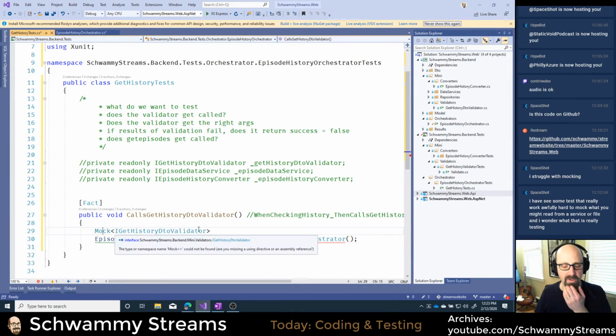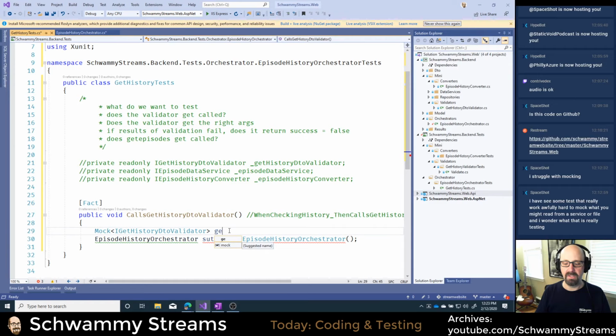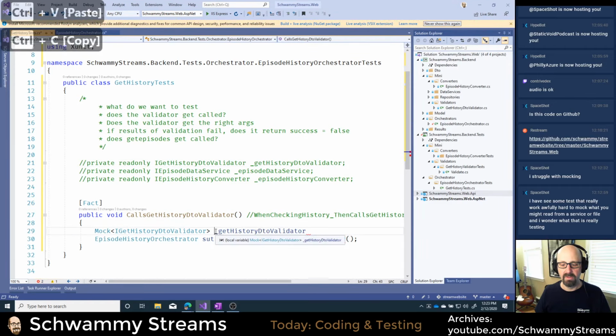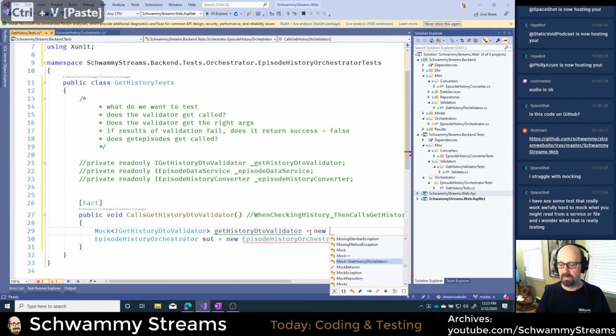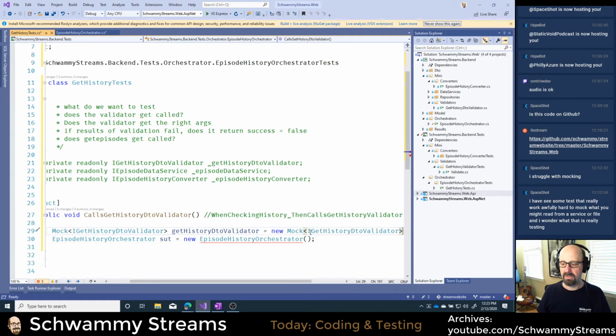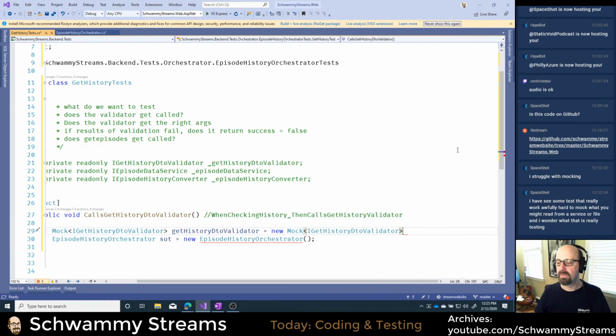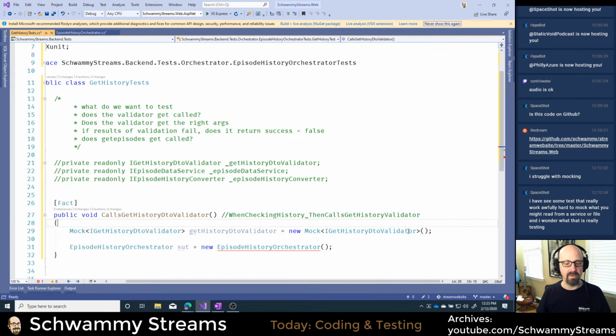Okay, great. So I'm going to create one of these things. I'm going to copy and paste because it's always easier. Get history DTO validator equals new Mock. Did I put my semicolon? Let's get rid of that. Okay, so I've got that one.